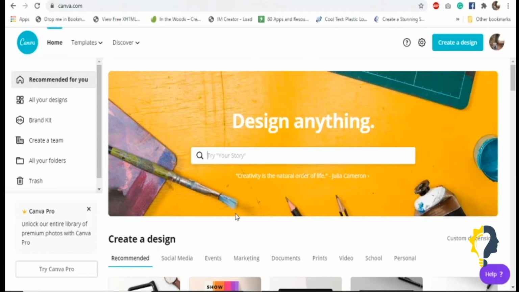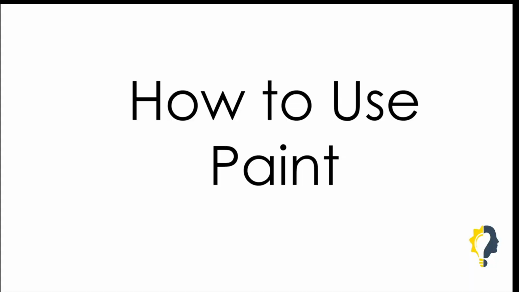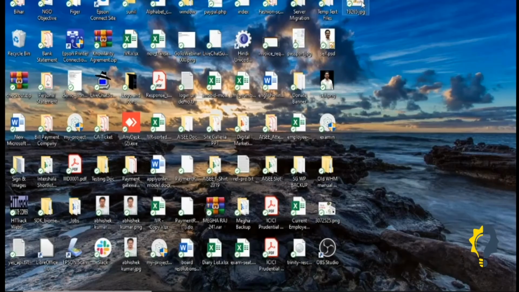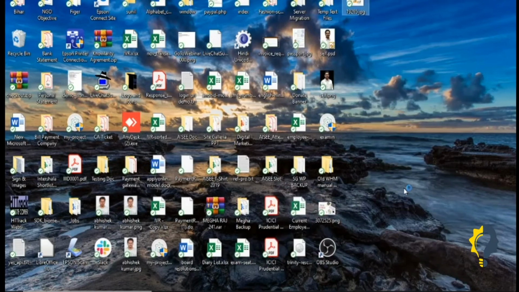If for example it's not possible to work on Canva, in that case you can use some other tool, very basic. You can't customize many things, but at least for your work you can do something. I will show you Paint, how we will work on the Paint tool, which is already available on Windows, on almost all laptops. So right click here, then we'll go open with Paint.